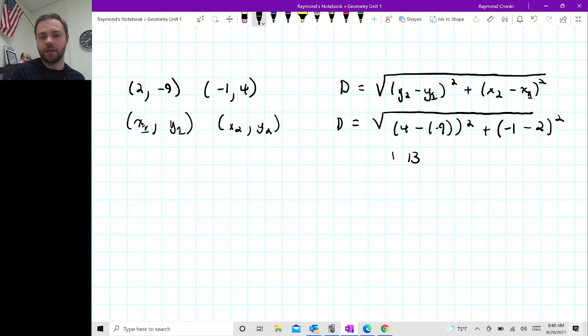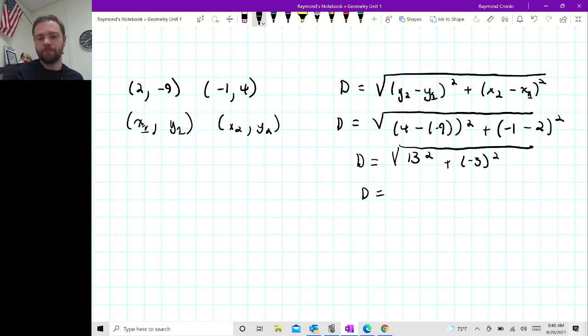So then I get 13, and that's going to be 13 squared. And then over here I've got negative 1 minus 2, which is negative 3 squared. And then I have to add those two. And I have to remember that when I square a negative, I get a positive. So I've got d equals, I think that's 169, yeah. 169